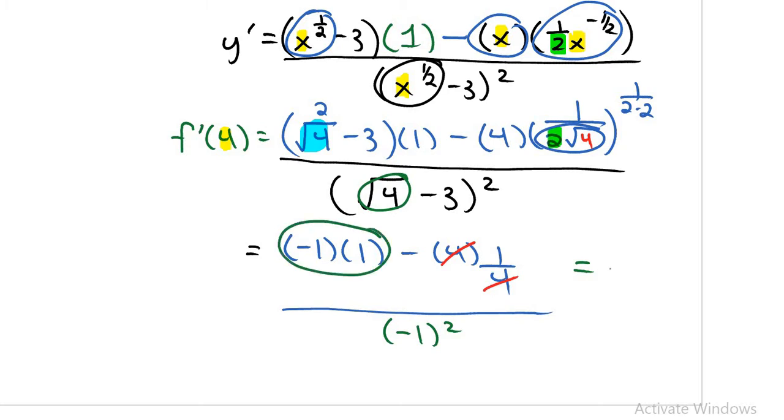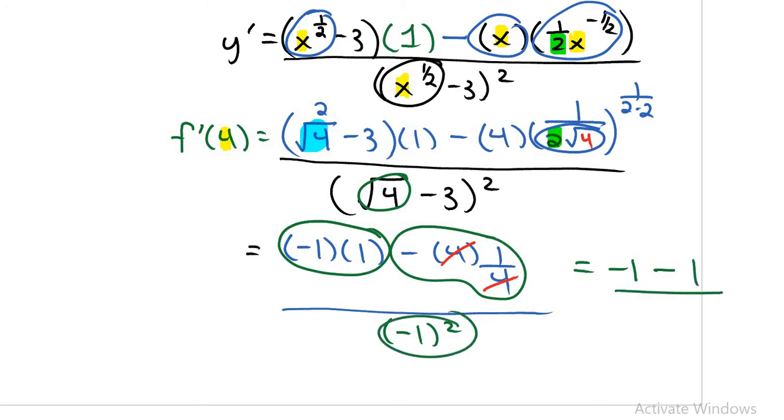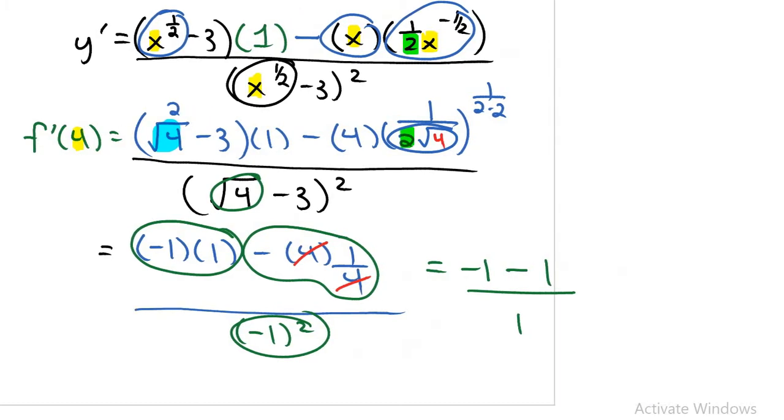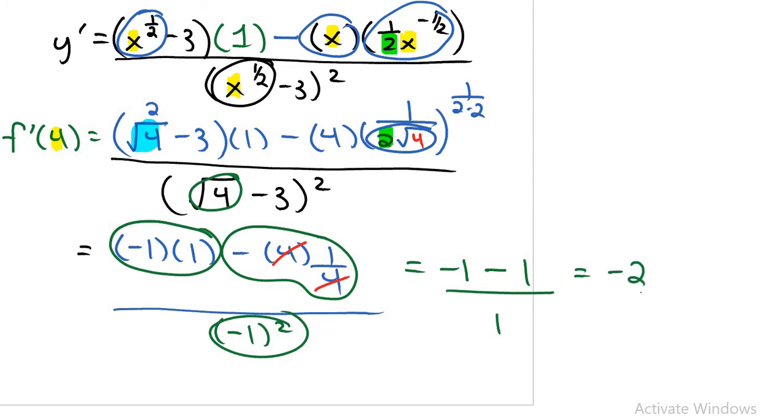Negative 1 times 1 is negative 1 minus, well, this whole expression is just 1, all divided by that expression there, which is going to be 1. And if I keep on going here, almost done here, this will be negative 2 over 1, which equals negative 2. Now this is the derivative value of the slope, but we want to find the equation of the